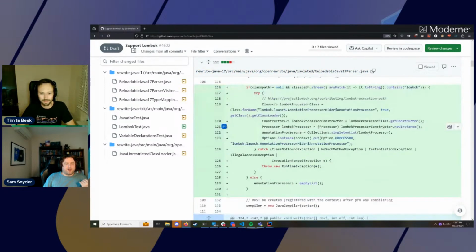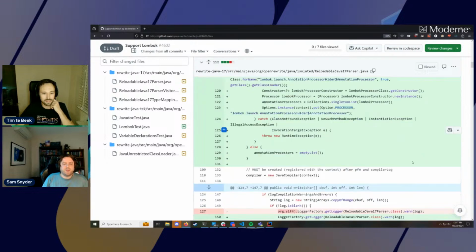configure the Java parser to do Lombok annotation processing, generate all the code, which then complicates the phase where we take the Java compiler internal AST and map it onto the OpenRewrite LST. Because now the AST doesn't match the source code anymore. So the trick is just to filter out all of the Lombok generated elements when we map the AST into the LST. So a little bit of a balancing act, but for the most part, it hasn't been too bad